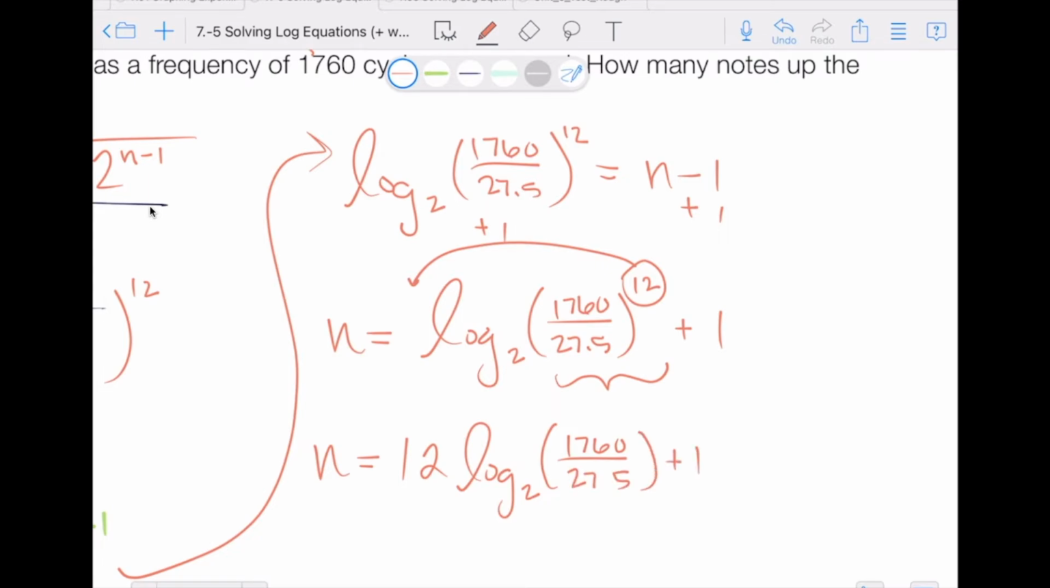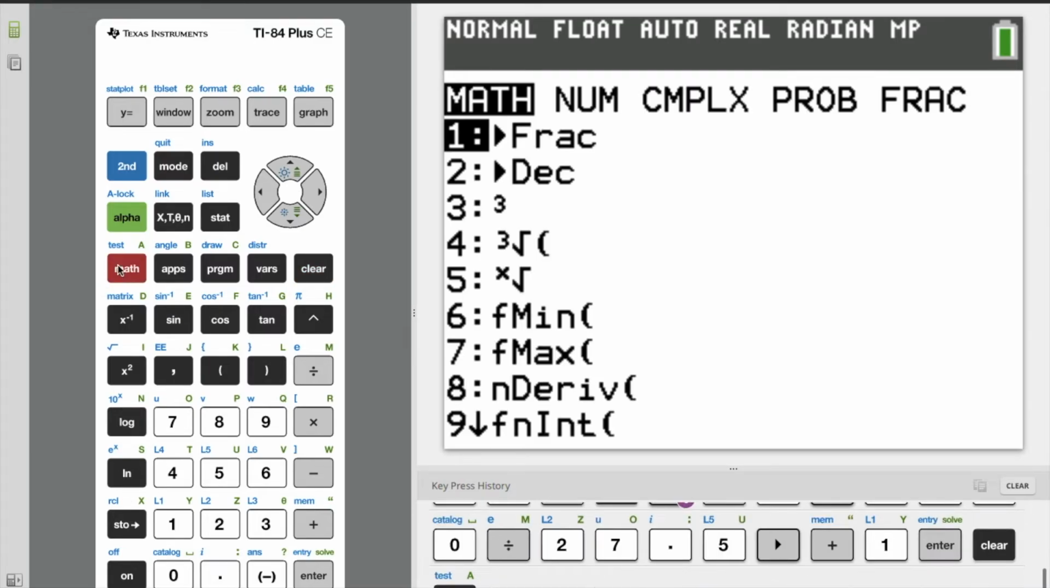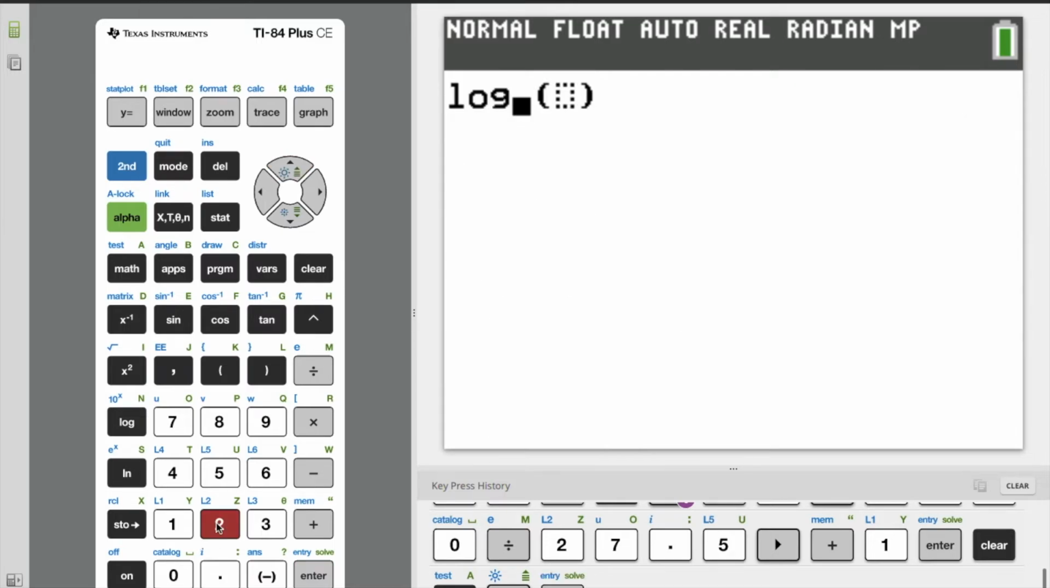And then from here, we're going to use our calculator. Remember, we don't have a log that has a button immediately on the calculator. This is a log base 10 and this is a log base e. So we want to push Math and then arrow up until we get to letter choice A, where we can enter our own base. So I want to do log base 2